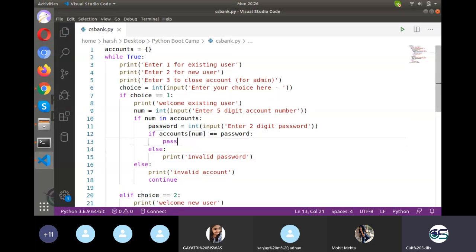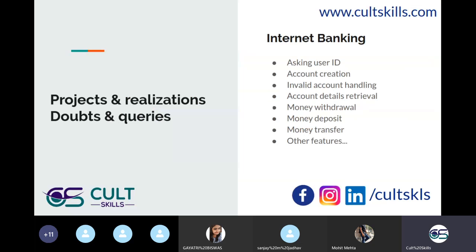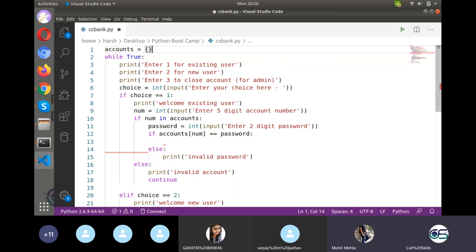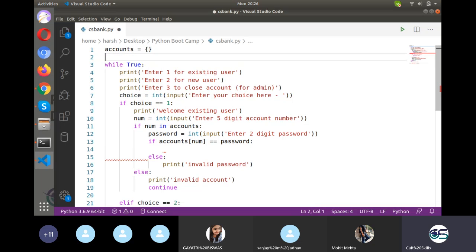Fine. Now this pass needs to be designed. So what we need to design firstly is money withdrawal. Now for every account we need to have a money value as well. So for that, the accounts password will be there.